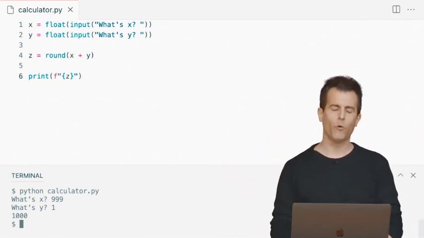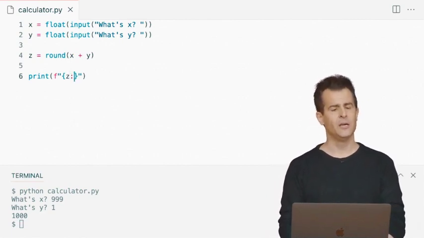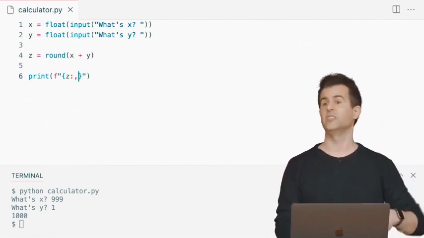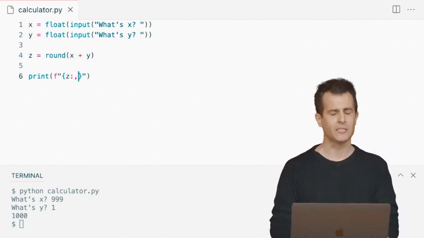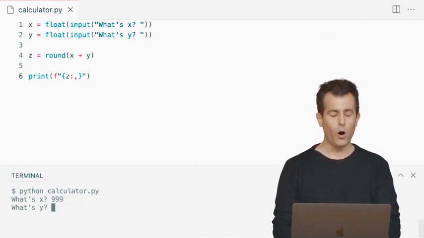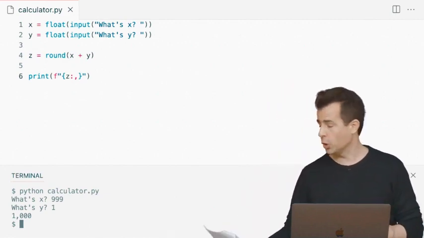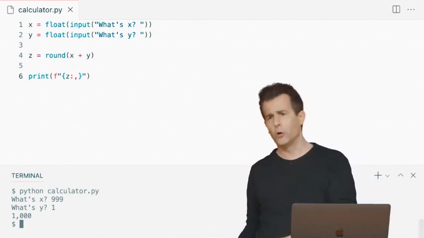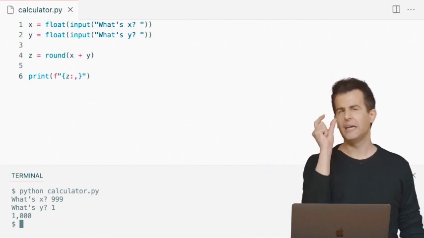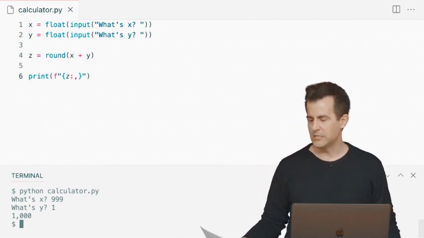But notice, and this syntax is unfortunately a bit cryptic, that I can actually do this. I can put a colon after the z, and I can put a comma thereafter. This looks very cryptic, admittedly. And even I have to constantly look things like this up in the documentation to remember the syntax. But here, let me run it again. Python of calculator.py, 999, 1, and now notice that the number's been automatically formatted for me. If I were in a different country or locale, I could absolutely override this to use periods instead of commas or vice versa. But in this case, it's just happening automatically. So there too, we see a hint of what it means to really format a string. There are even more powerful capabilities built into that.